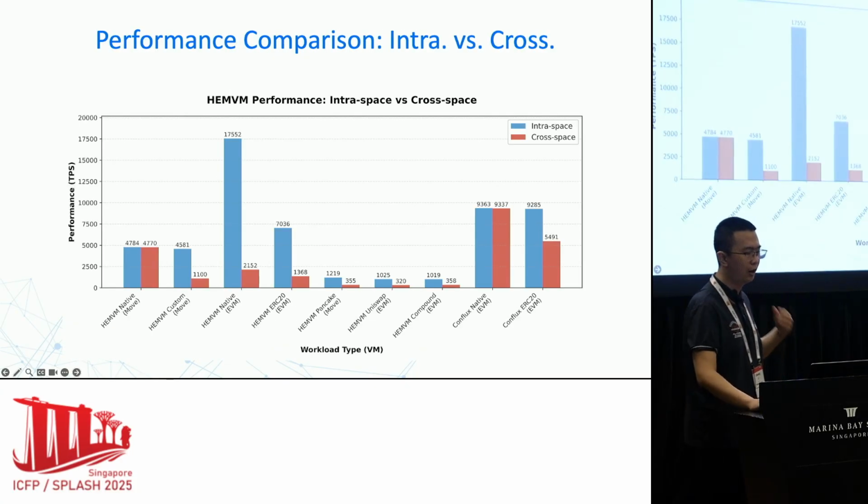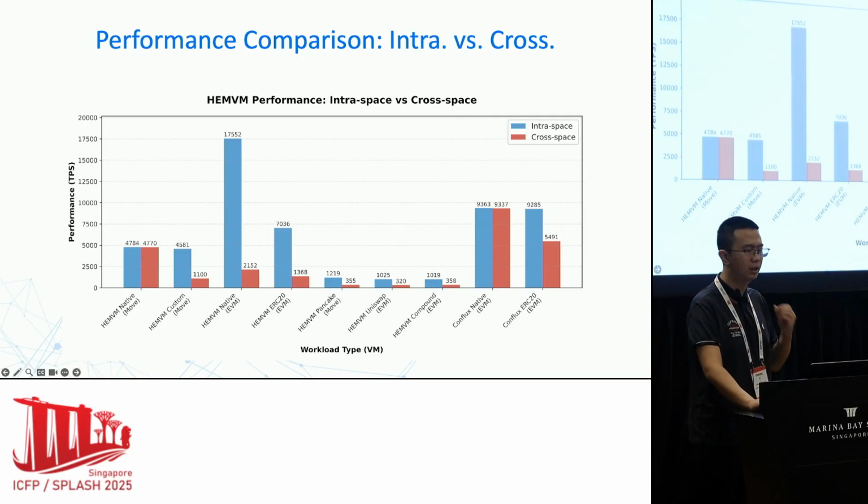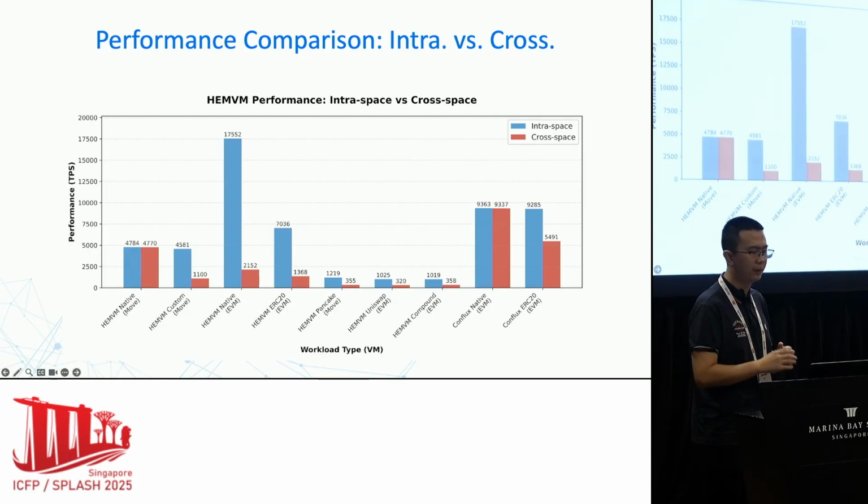And in this graph and in this diagram, we have tested many different tasks for our framework. For each task, we first consider that we deploy a service at one space, and we want to show what the performance is, what the throughput is, when serving the user in the same space or serving the user in another space.